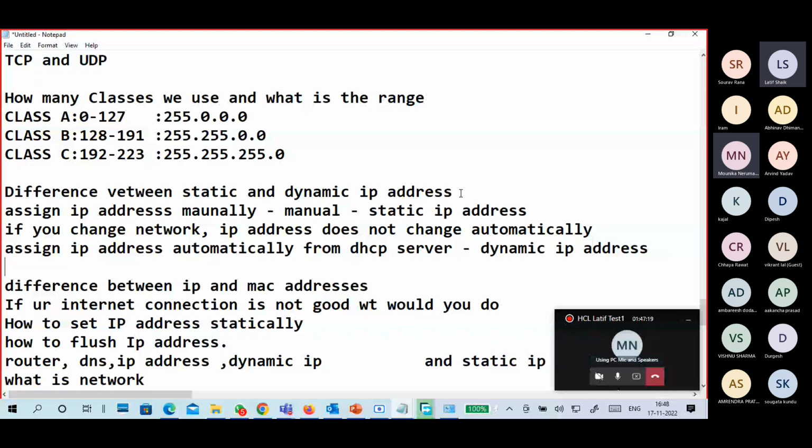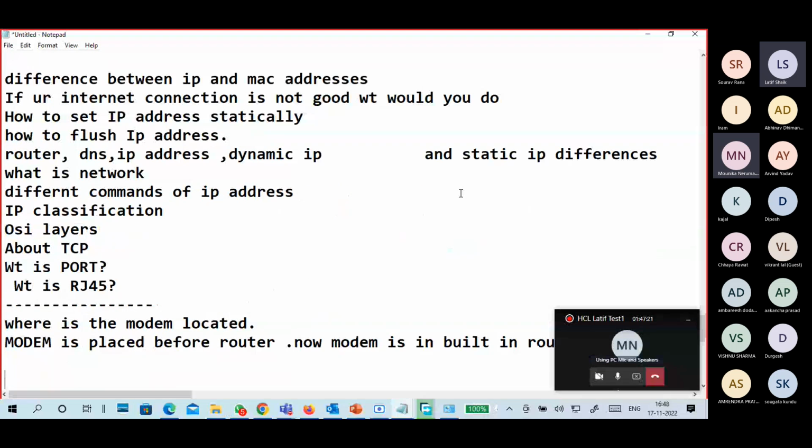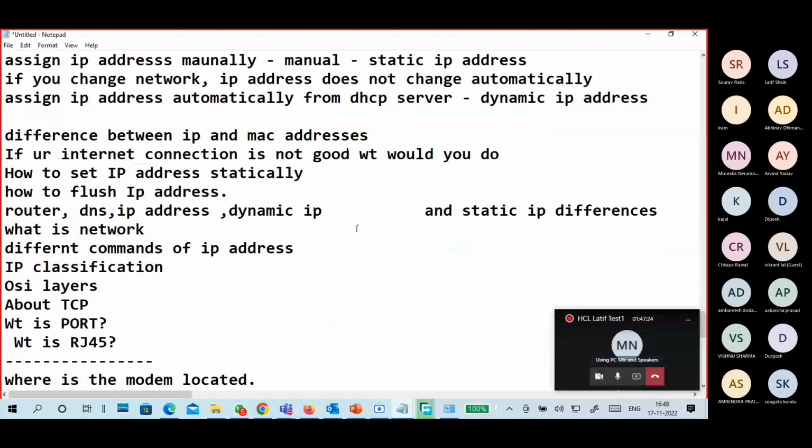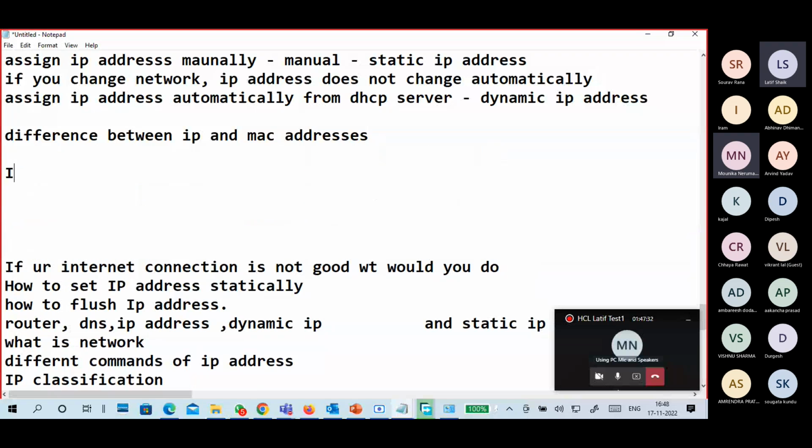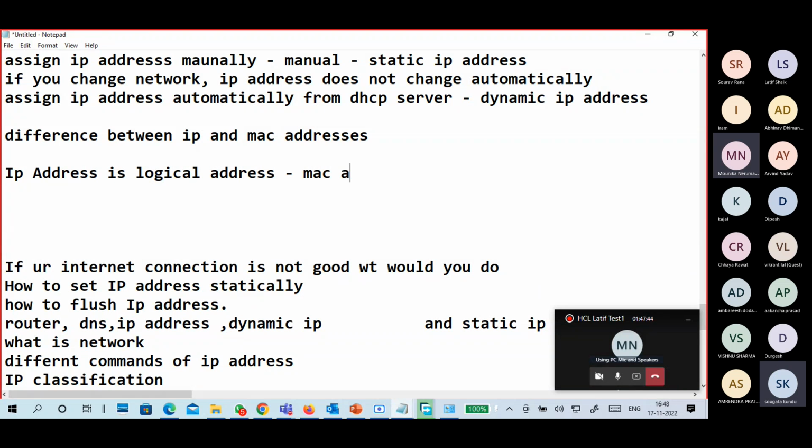Okay, so these things I will tell, we will take a break once. Okay, so the difference between IP address and MAC address. An IP address is a logical address. Then the MAC address is a physical address.